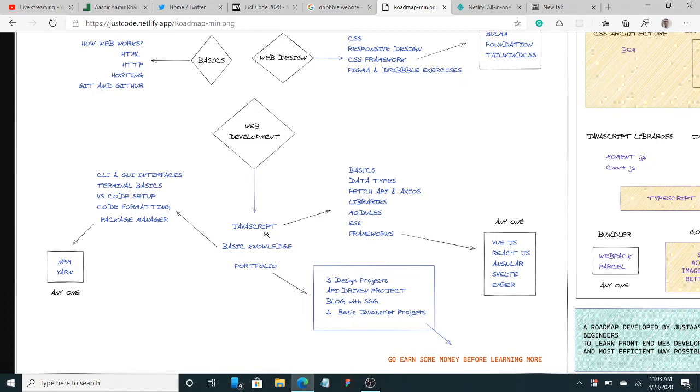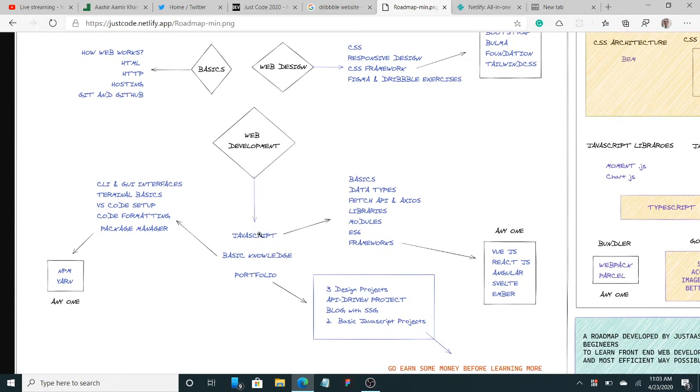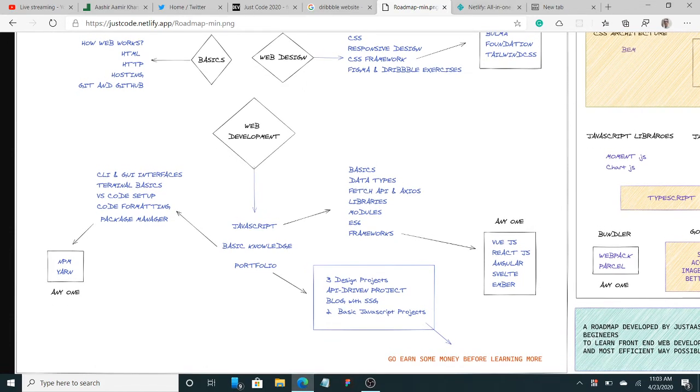If you have done programming before, JavaScript is still not so easy. I'm telling you the truth. Everyone says that web development will be easy. JavaScript will not be easy for you. The basics and web design are normal for everyone, but JavaScript is not easy and will not be easy for you too.